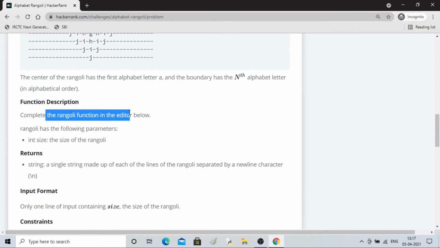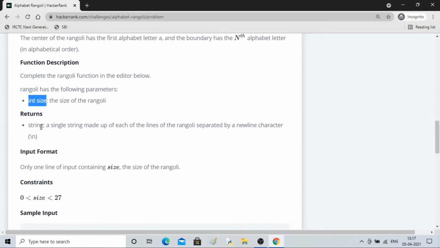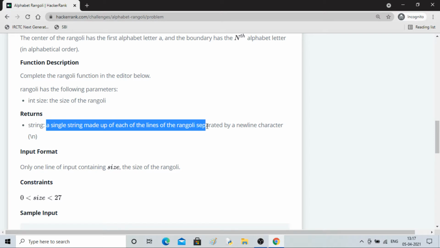We have to complete this in a function form. We'll have an integer which is size, and it will return a single string made up of lines of the rangoli separated by a new line.